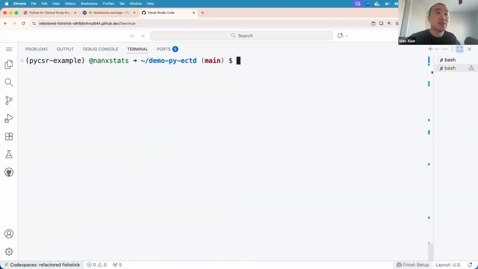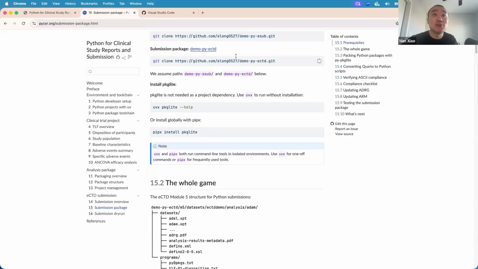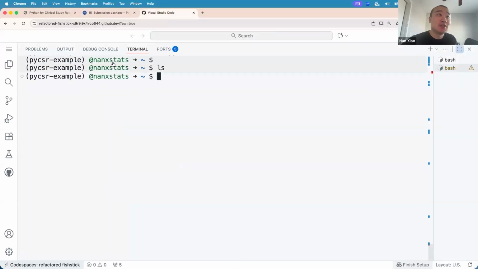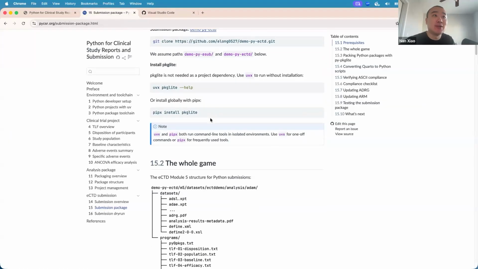And we will just be doing that right now, following this chapter in the book. So after cloning the two repositories and switching back to the home directory, we'll be able to run things, right?